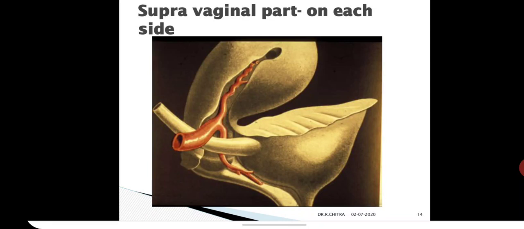Then on each side of the supravaginal part of the cervix, one ligament is attached, Mackenrott's ligament, and also the lower margin of the broad ligament. Sometimes a paracervical lymph node is situated at the junction of the ureter and the uterine artery. So these nodes may be enlarged in carcinoma of the cervix, producing symptoms of ureteric obstruction. So between the artery and ureter, you may expect a lymph node. That lymph node is called the paracervical lymph node.